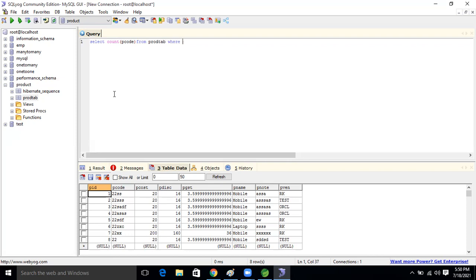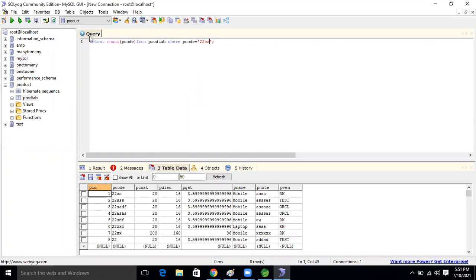Where condition, right? What we will do now? Product code, right? P code. Yeah, P code equal to mobile. No, sorry, P code equal to SS. P code equal to what? In the single string, right? Single quote. So here what we will take now, guys? SS. So SS I'm taking, right?